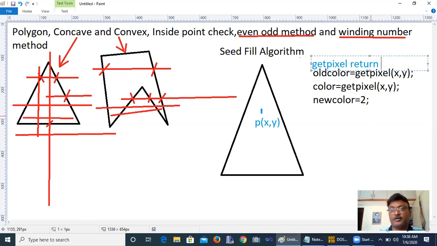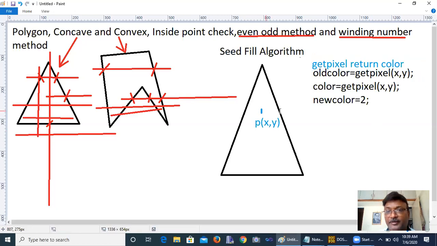Suppose here there is a white background color, so get pixel old color becomes 15. Old color becomes 15 because the background is white. Now color again get pixel, this white. Now I am going to fill this entire polygon with the new color 2. Either you write it in capital letters, red, green, blue, or you can write the number 2.